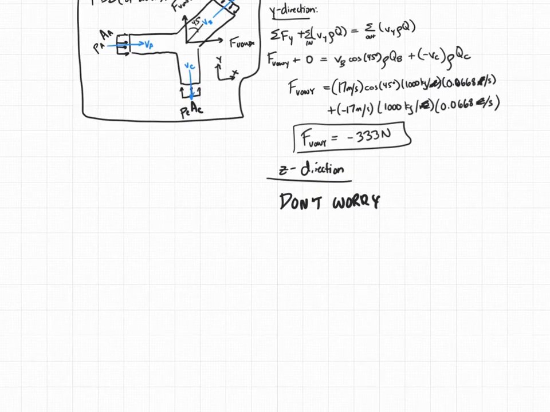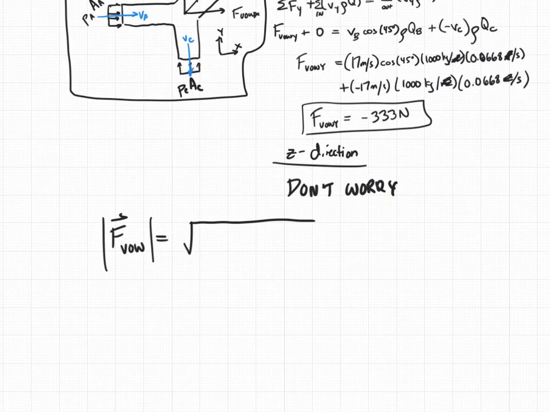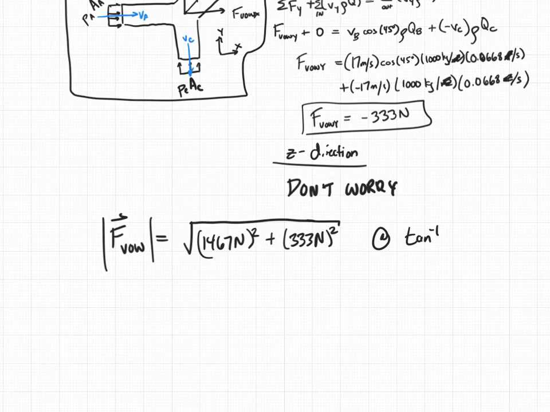Anyway, to kind of wrap this one up, F vow equals, if I want the magnitude of that sucker, it's going to be the square root of, what was that first number? 1467. 1467 newtons squared plus 333 newtons squared